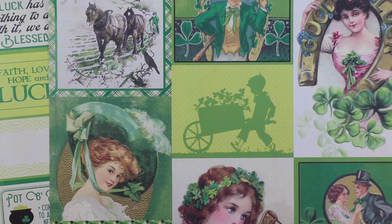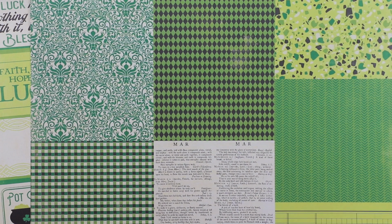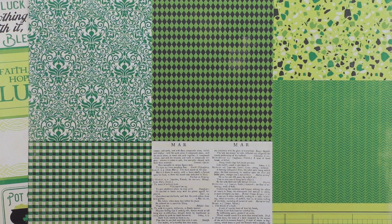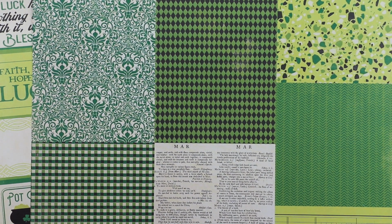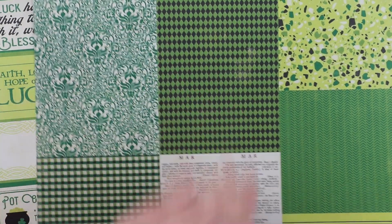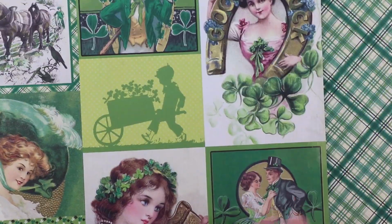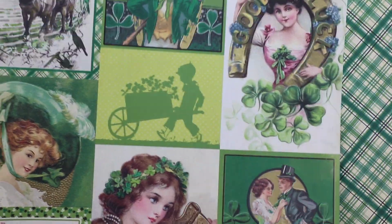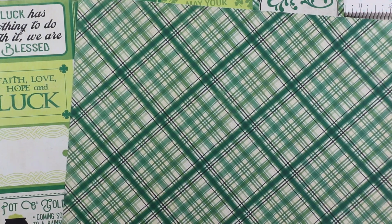So this one has the larger images on one side and some additional pattern paper on the back. I used much of the pattern paper side for the flip book that I made today because that was giving me a lot of extra choices for pattern paper. So I just picked the images that I wanted and then used the back side mostly to fill in the book. Now they're going to have a plaid, which is gorgeous, and then on the back side there is a